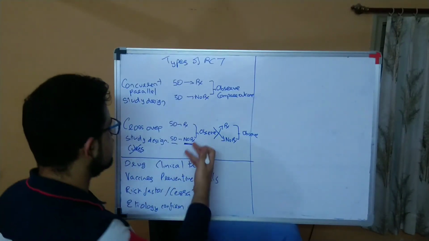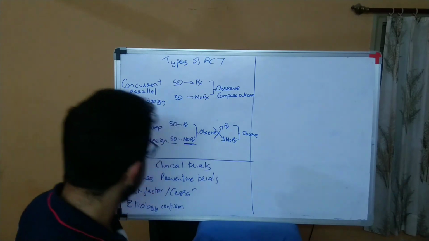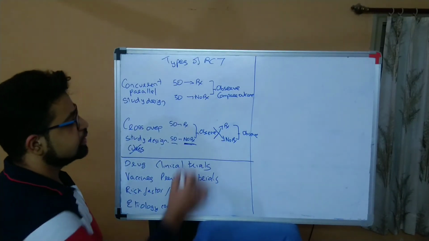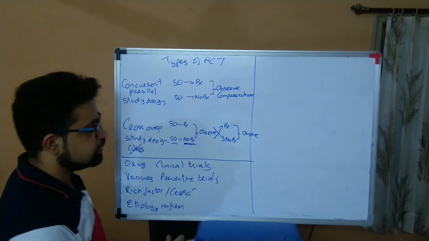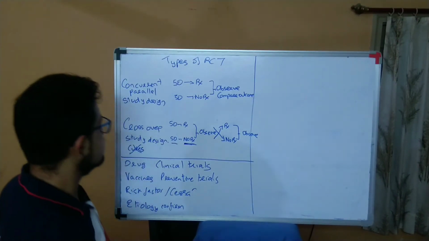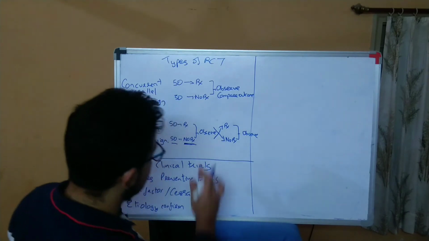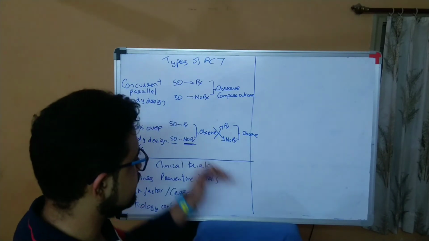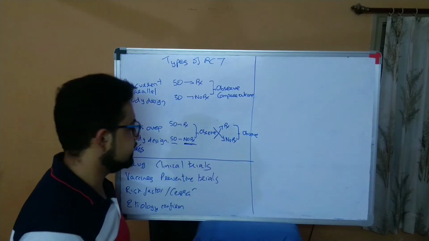So this would be a better option, but it is not possible in some diseases where cure occurs. Let's suppose there is a bacterial infection. You give the treatment, you give the antibiotic. Here the patient has already been cured, so you can't go for this. So crossover studies can't be done in conditions where the disease is already cured. But this is a better one, you get a confirmed result of whether the outcome is there or not.